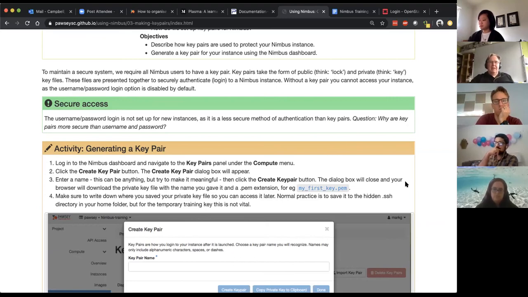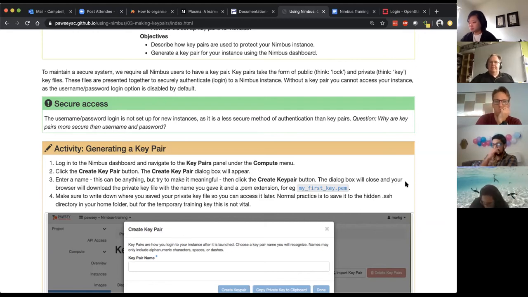Plus, there's the fact that a password might be 8, 12 characters. The private key that you create by minimum is 2048 characters. So it's much harder to brute force. There's also the fact that you're not typing the password in. So if someone's got a keyboard logger, installed some malware that would track the keys, they can't get the password